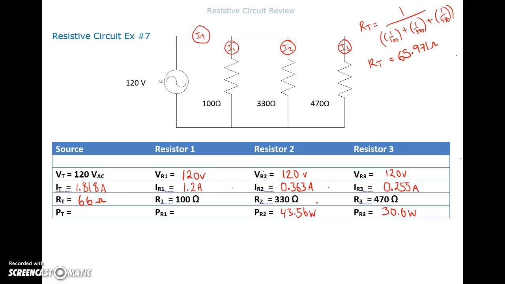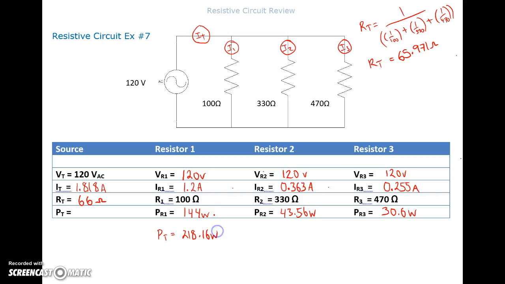Okay, and then I've got the 120 times the 1.2 amps, and that gives me 144 watts. And let's add everything up. 144 plus 43.56 plus 30.6 gives me a total, so let's write in PT if we just added those guys up, is going to be